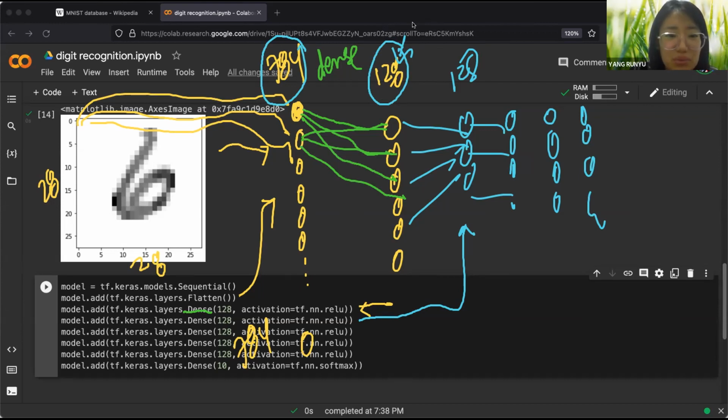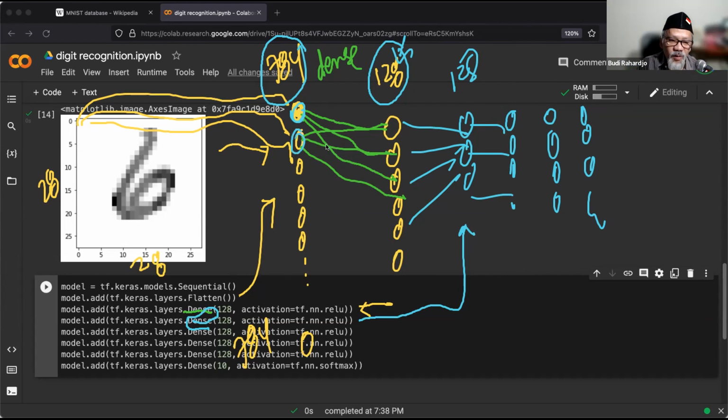Now, remember this is what we call dense. Remember the TF layer dense. Dense means every neuron is connected to every neuron. So of the 784 here, the first neuron is going to be connected to all 128 neurons here.